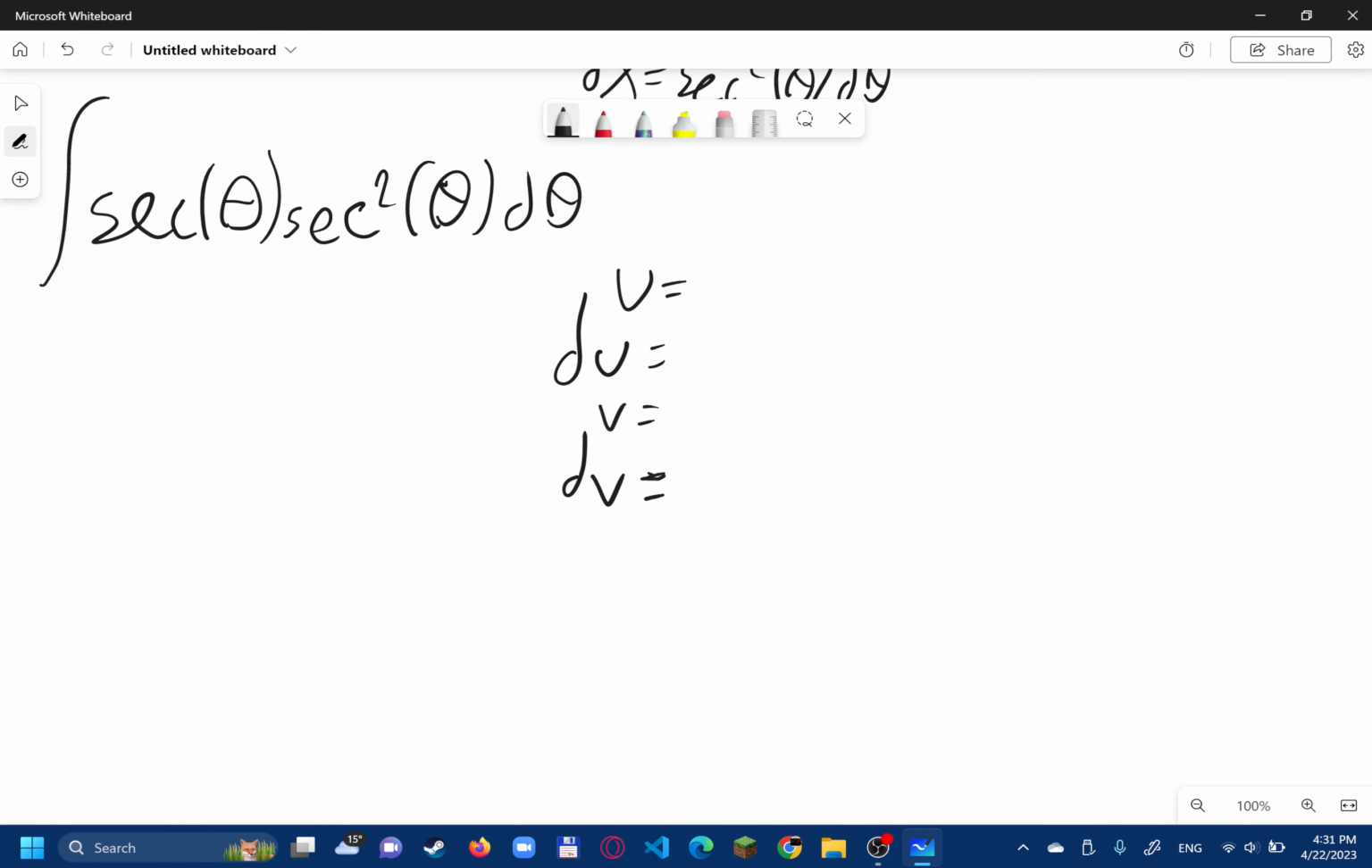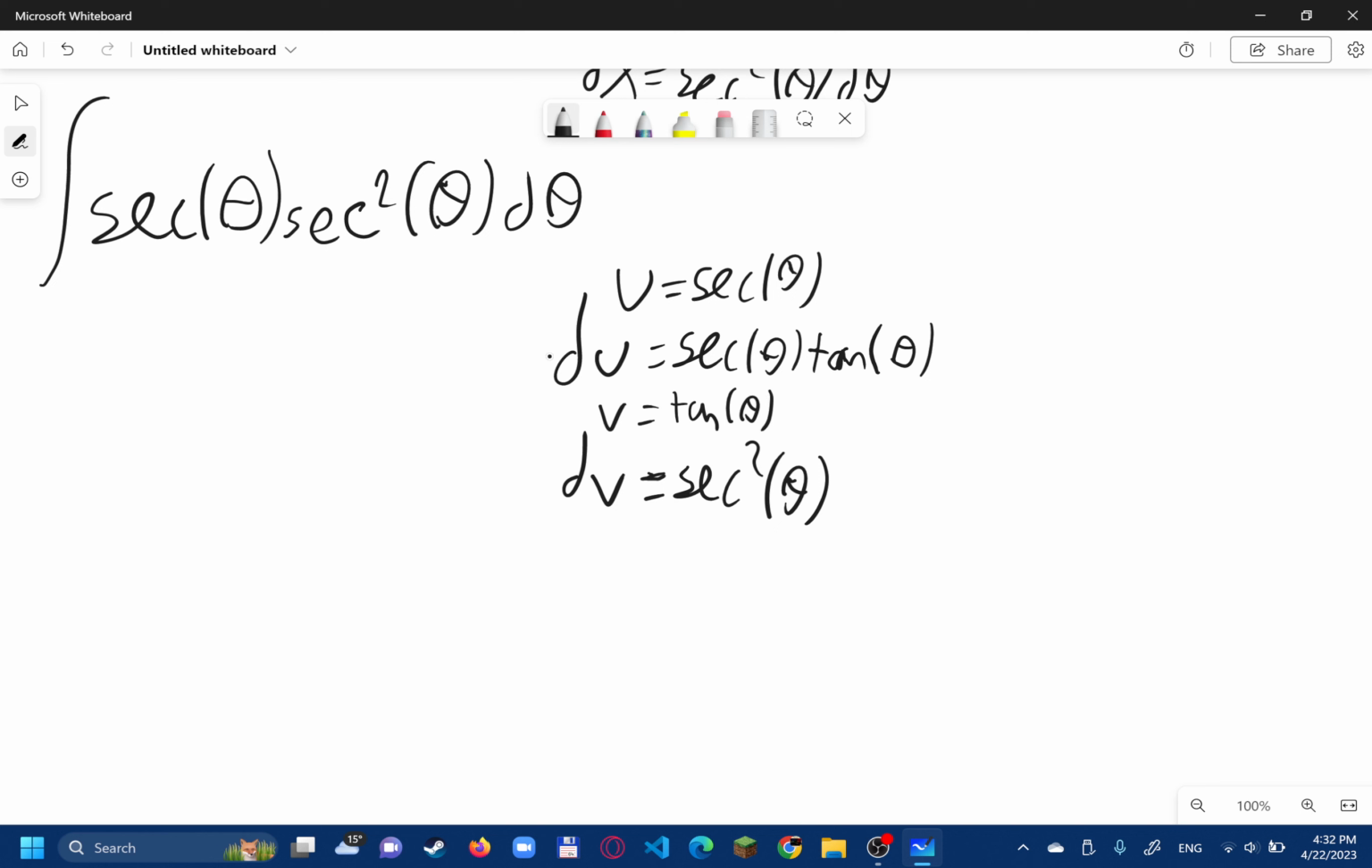So is secant squared theta easier to integrate or easier to differentiate? In my opinion, it's easier to integrate secant squared theta because it's literally just a derivative of tangent theta. So dv is probably secant squared theta. And u is secant theta in that case. So the derivative of secant theta is secant theta times tangent theta. Like this. And the integral of secant squared theta, as we just mentioned, is tangent theta. So the integral of secant cubed theta d theta